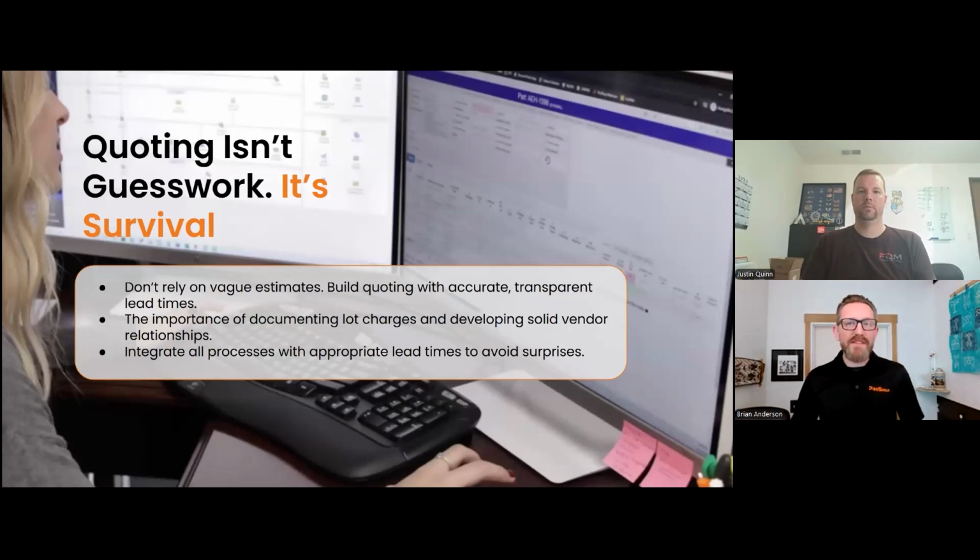First things first, Justin, let's dive into quoting. The other day when we were talking about this, we had bullet pointed a few specific items. Let's dive into the first thing here: don't rely on vague estimates. You want to build a quote that's accurate with transparent lead times. Tell us a little bit about your